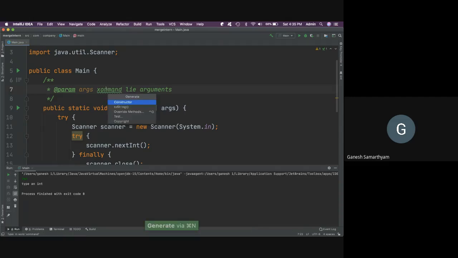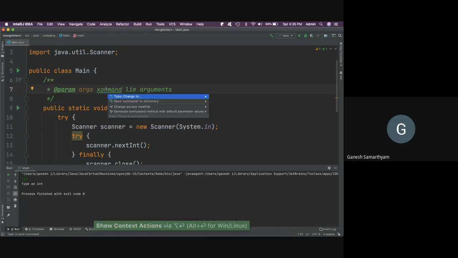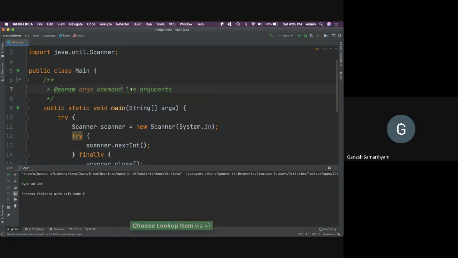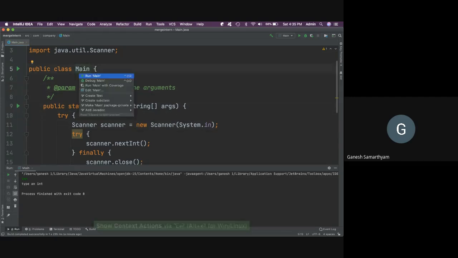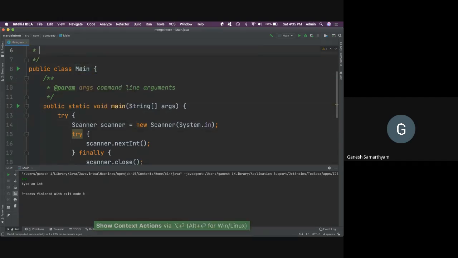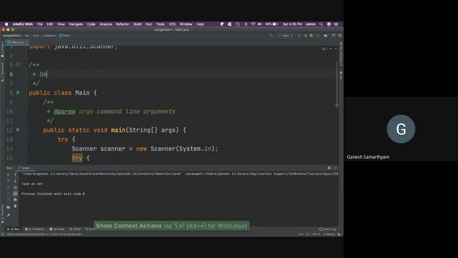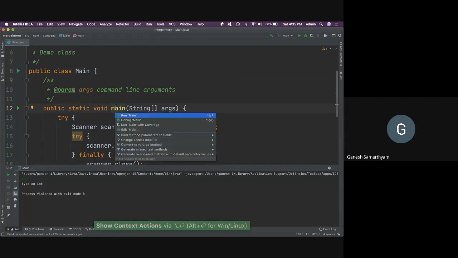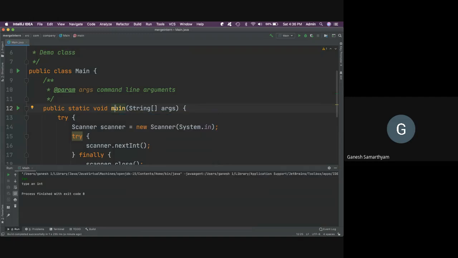Okay, it's an error here. So let me fix the typo. Yeah. So in this way, I'll be able to do a lot of things that I won't do manually by doing alt enter. So these context actions for initiating the action are something that is very powerful, that I find to be very useful.